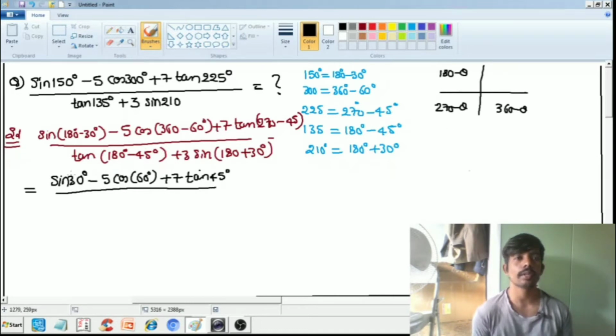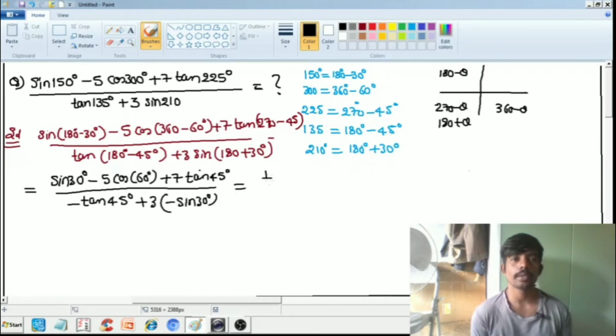In the second quadrant tan is negative, so we write minus tan 45 degrees plus 3 into sine of 180 plus theta. 180 plus theta comes into the third quadrant where sine is negative, hence minus sine 30 degrees. So substitute the values: sine 30 value is 1 by 2